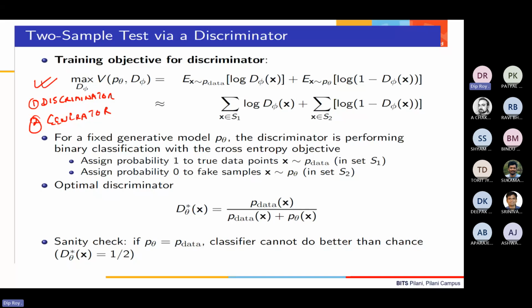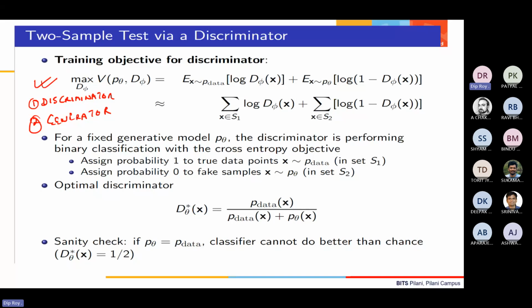And these two are playing a game. The game is that the generator is going to generate samples from the model distribution. True distribution you already have. You don't have to generate any samples. The generator generates samples from the model distribution,